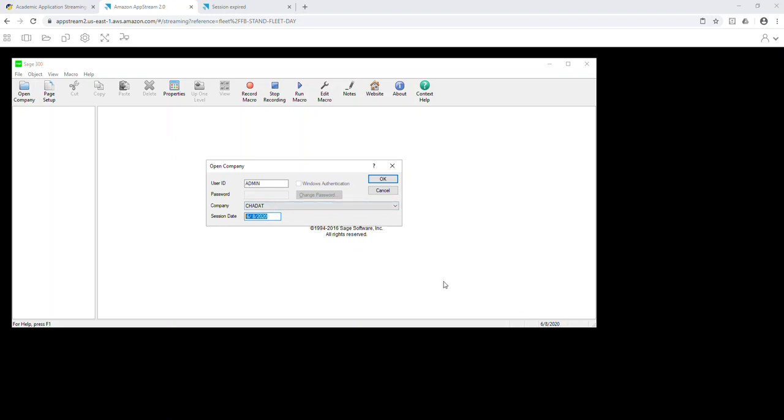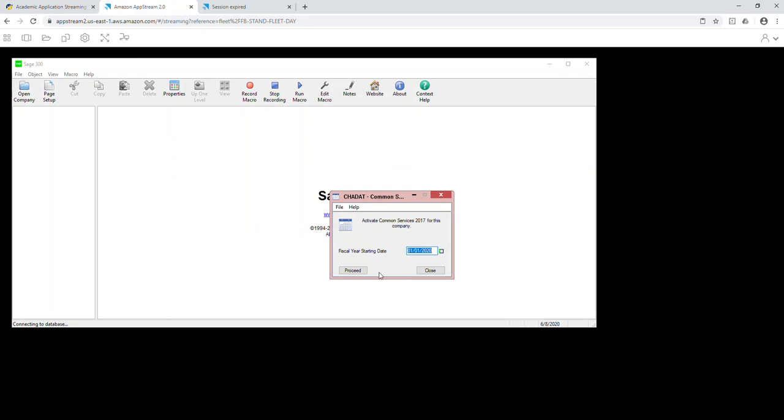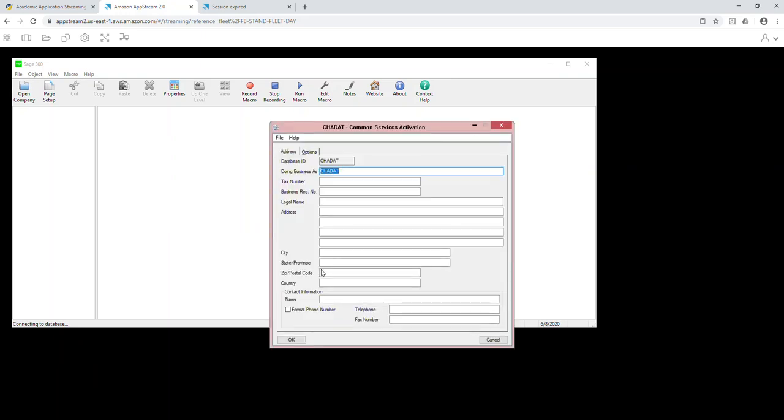You're gonna use the session date, which is 01/01/2020, and you press OK. And say there's no admin services, you're going to click proceed, and we're gonna activate the session day fiscal year starting from 2020 January 1st. We're gonna click proceed, and once you're here, you are gonna set up the name of the company, which is